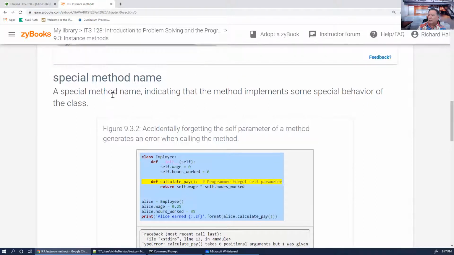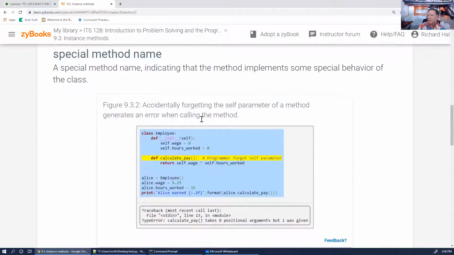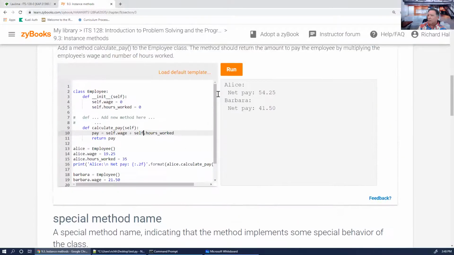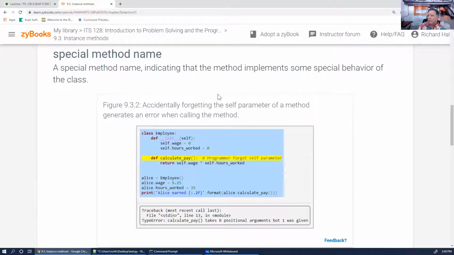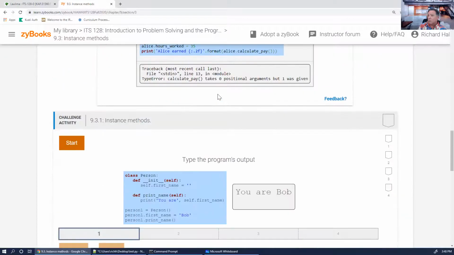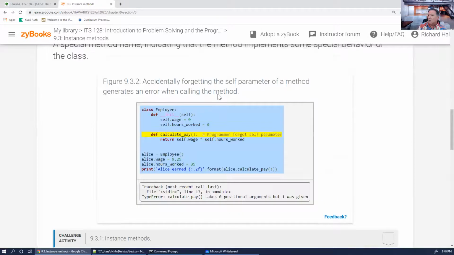A special method name indicating the method implements some special behavior of the class. Okay, so is there an example of that or something? Okay, well anyway,